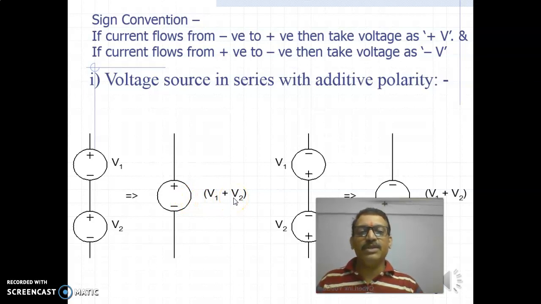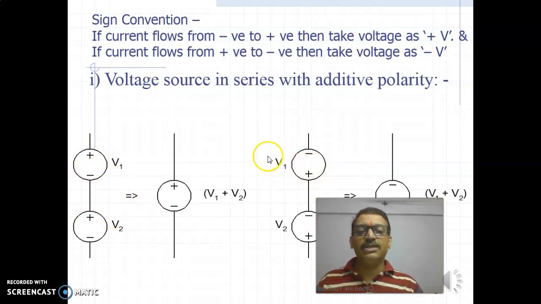Now, to give the polarity to the total voltage source, you can follow either the V1 polarity or the V2 polarity. So just check, the positive comes upward and negative comes downward. This is the first one. In another diagram, both the voltage sources are in exactly reverse connection. Here you just check the connection. It is exactly the opposite connection of the first case.